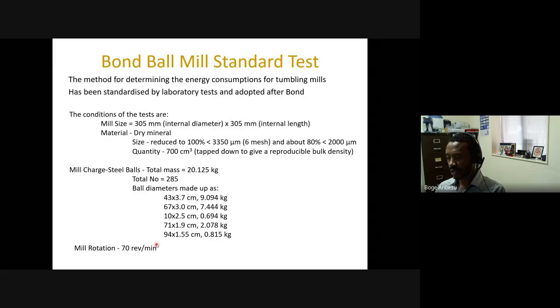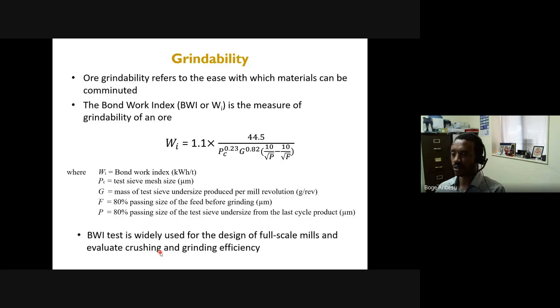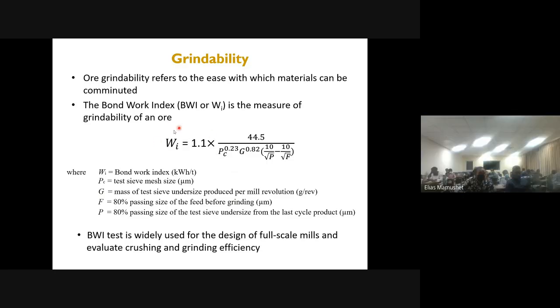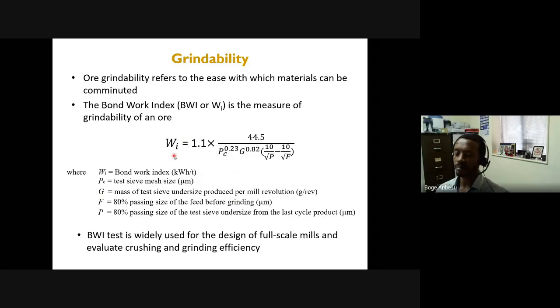And G here is the mass produced per revolution. If you see here, I have the mill rotating at 70 revolutions per minute. If I measure the mass I produced as a product, I can then work out how many grams I produce per revolution, and that can be determined here as G. Then once you have those, you can determine the bond work index, or WI, and that can be reported